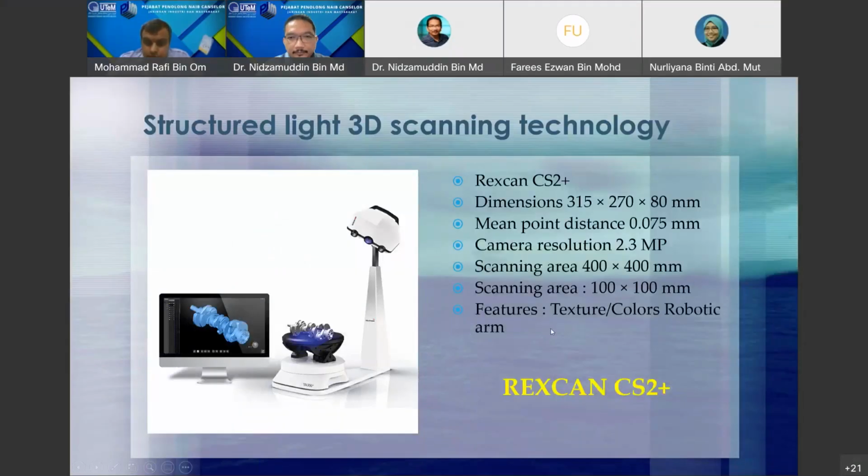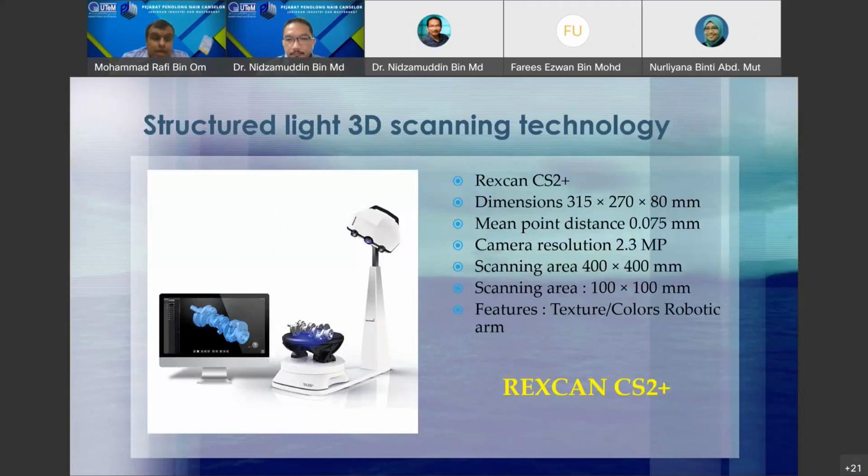Okay, this one, the 3D scanner, is very special because you do not need to move your part. The part will rotate using the rotating table, for easy automation. This one is suitable for small parts. Actually, if you want to see more detail, you can see in the video, we have